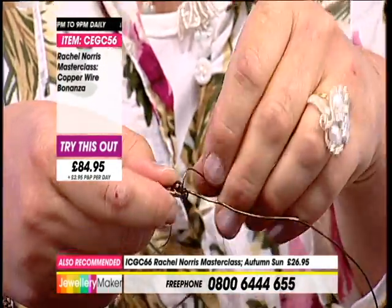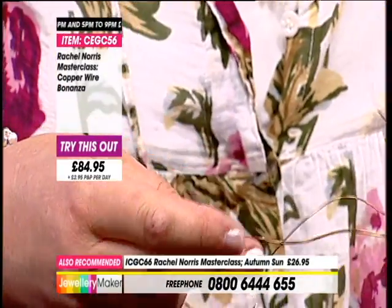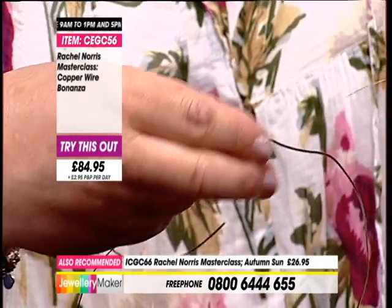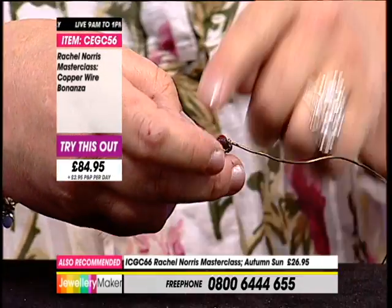Yeah. Wind the wire around the end of the leaf. Okay. And then trim in and cut off. Just make sure you've got no sharp edges. Okay. Now, the next thing we're going to do, you do that the same for the other side, so